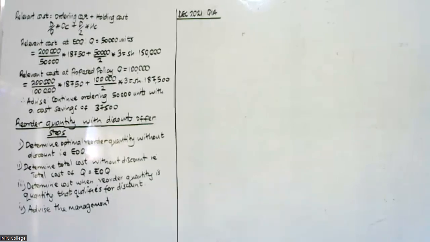It reads, distinguish between cost center and a cost unit. Number B, explain the salient features of economic order quantity approach. Then C,